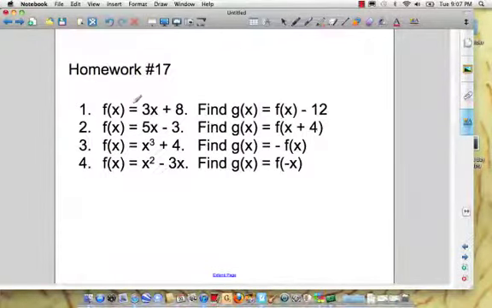Okay, so for homework, I've given you 4 different functions and asked you to find an explicit rule for a new function based on the f of x function. Okay, good luck. We'll go over it